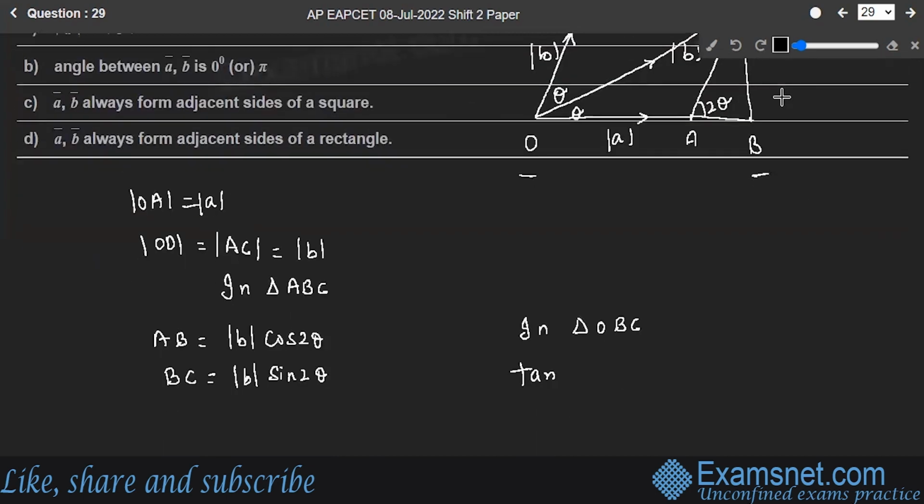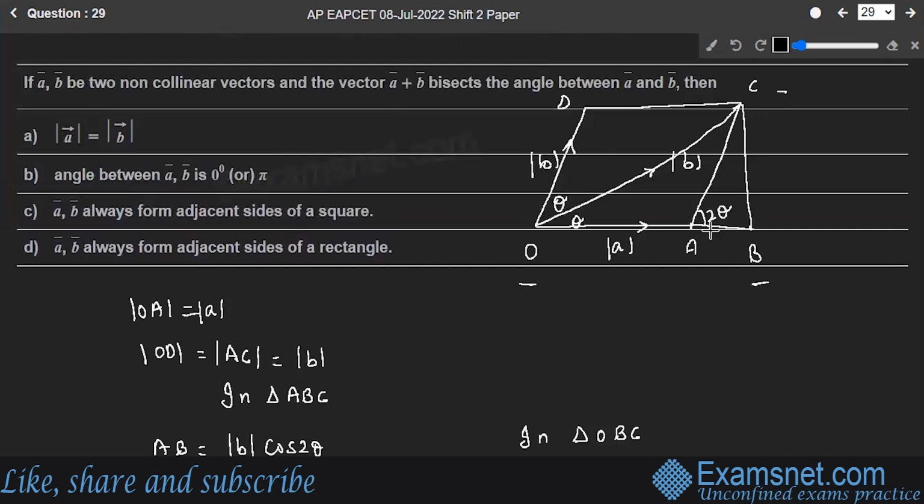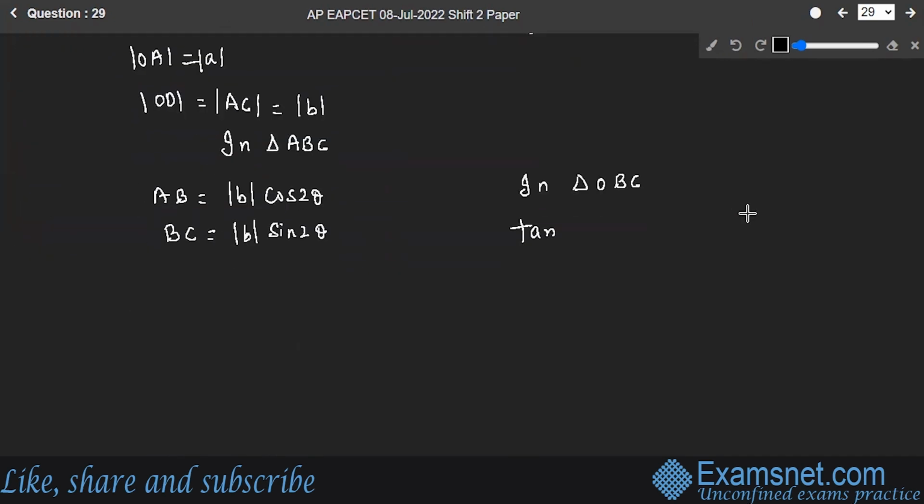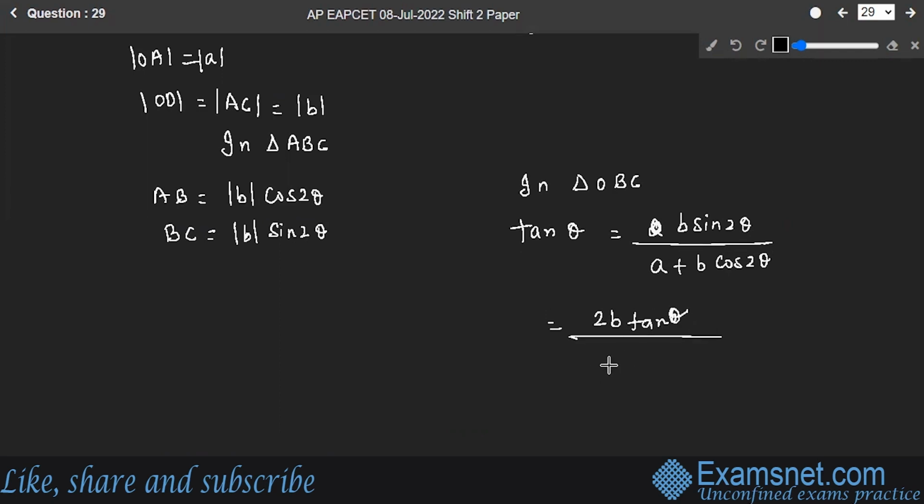Tangent of theta, since this is a 90-degree angle, tangent of theta can be written as B sine 2 theta upon A plus B cos 2 theta, which is equal to 2B tan theta upon A(1 plus tan square theta) plus B(1 minus tan square theta), which will give you